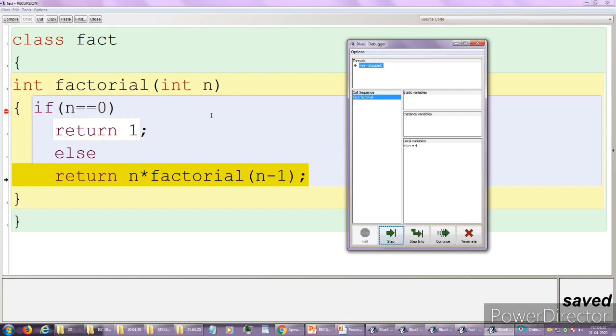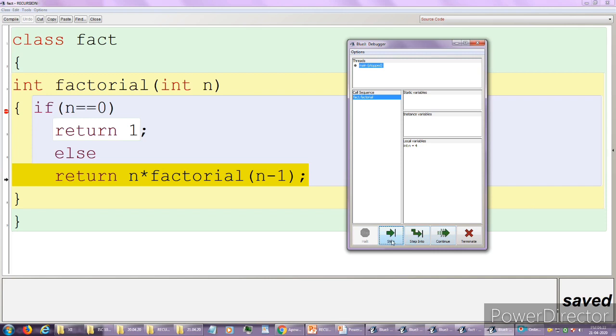That is, the method now calls itself with 3, and in this debugger box you can see this call sequence will increase one by one, because when a method calls itself within its body, each and every time it needs fresh memory. It generates fresh memory. What do you mean by this fresh memory? We'll discuss this fresh memory when we discuss how loop and recursion differ.